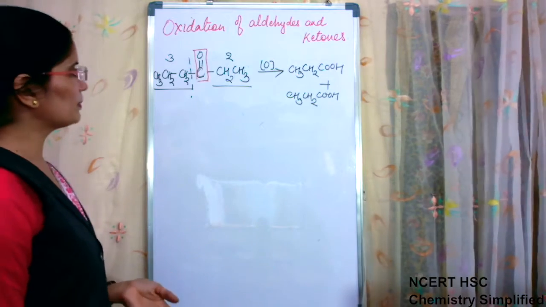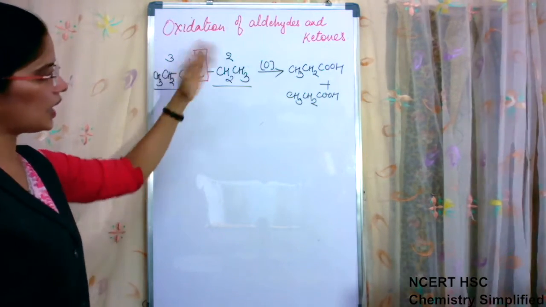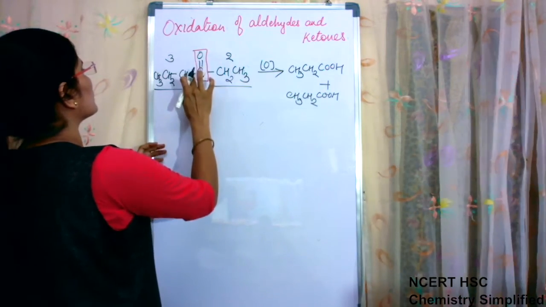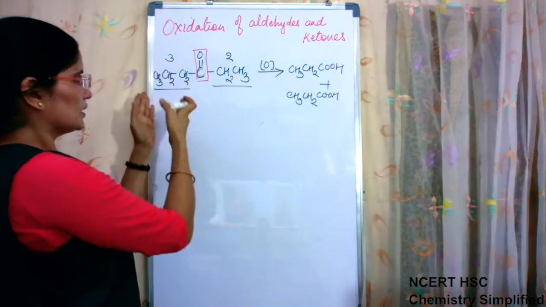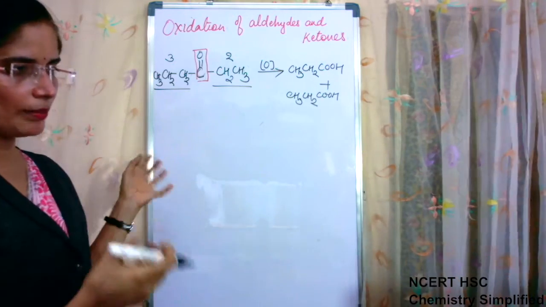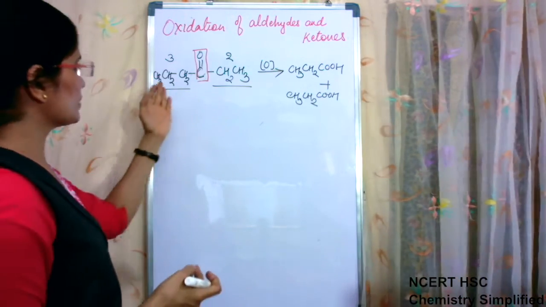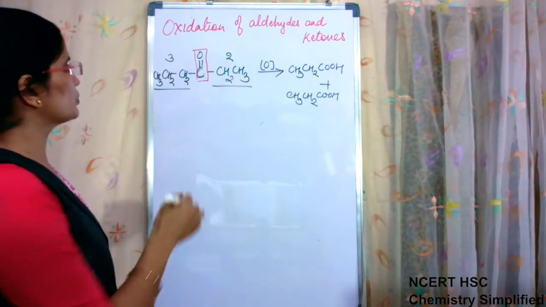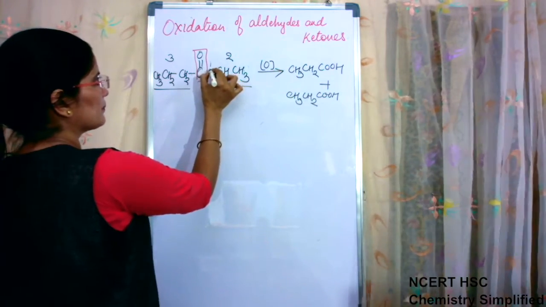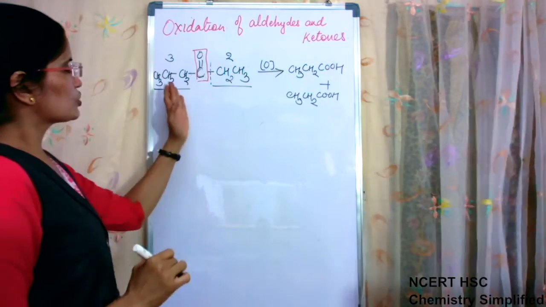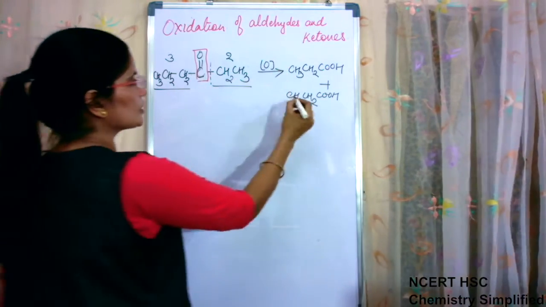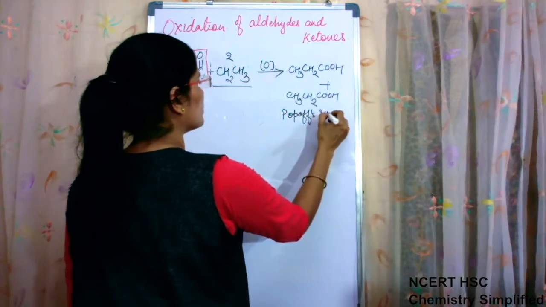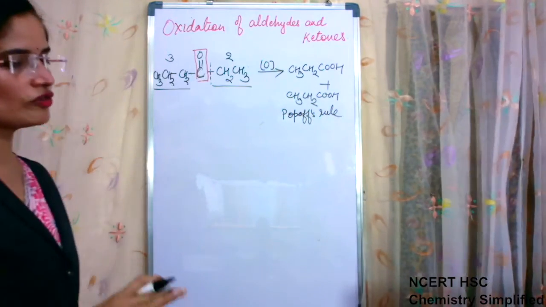And the minor product will be some amount of the opposite side product. That means in some molecules, because whenever a reaction takes place, the number of molecules is very large. So the maximum molecules will break in this manner, but some molecules also break in the manner that the bond cleaves this way. So whatever product we have written here is according to Popoff's rule. But some amount of product is also formed opposite.